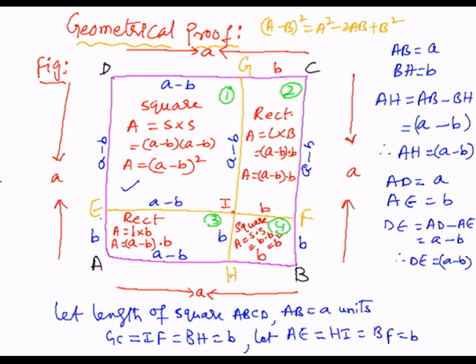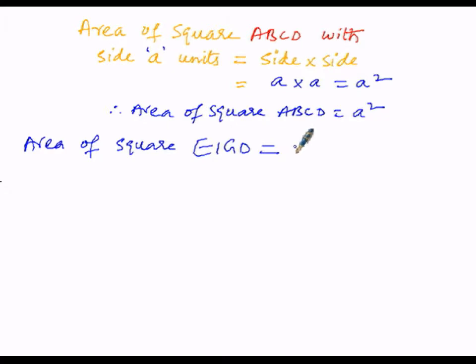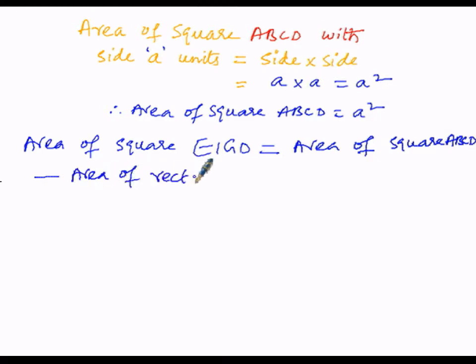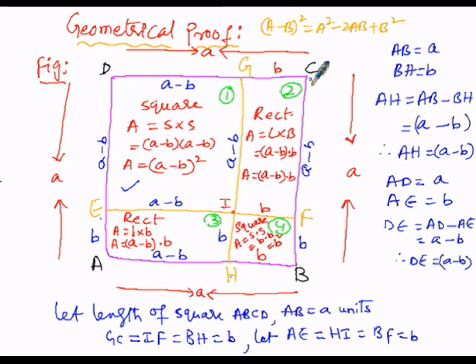so here area of this part must be subtracted first of all. So to get the total length, I say here total length is of A, so here BC is of length A, then HB is of B, so here they are unequal, this will come under the rectangle, HBCG is a rectangle, so here we have to subtract the area of the rectangle HBCG from area of complete figure, so from area of a square, that is ABCD, we have to subtract area of rectangle, whose name is HBCG.